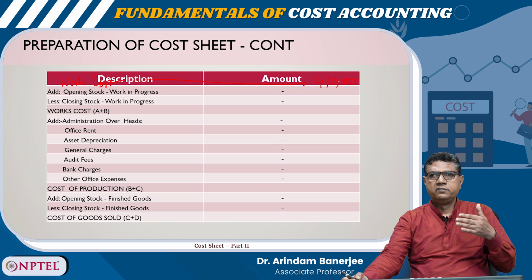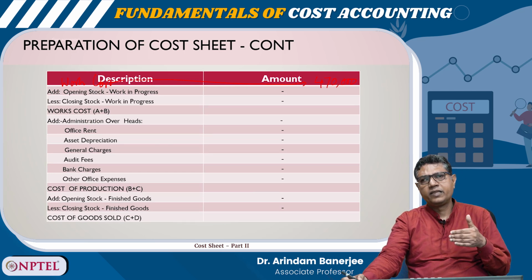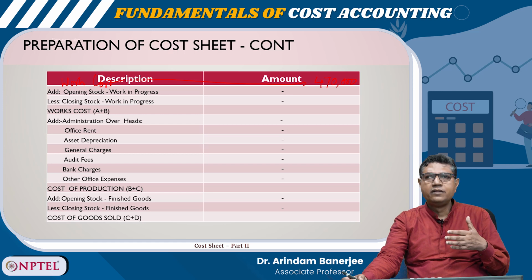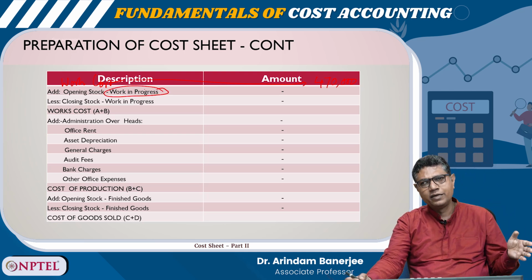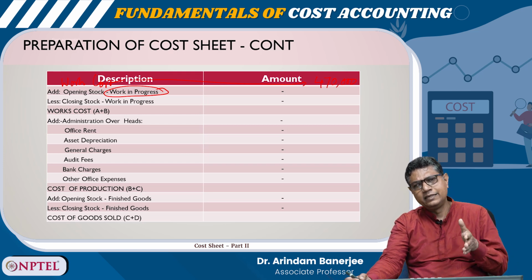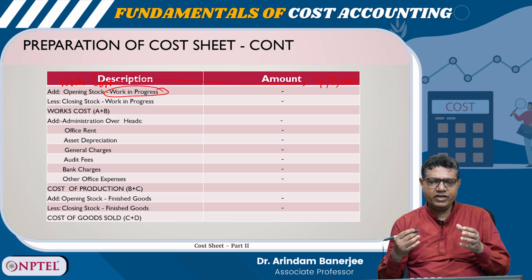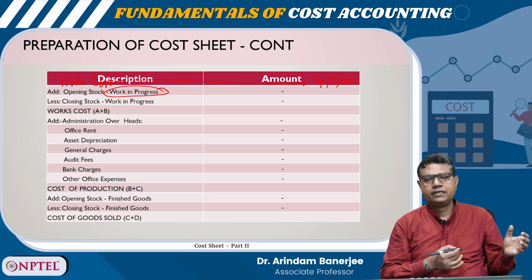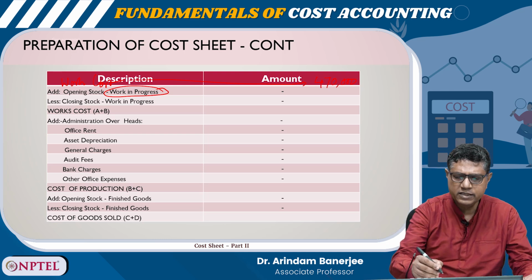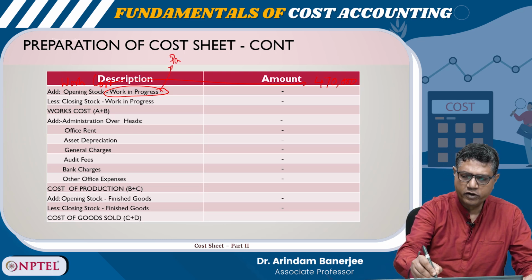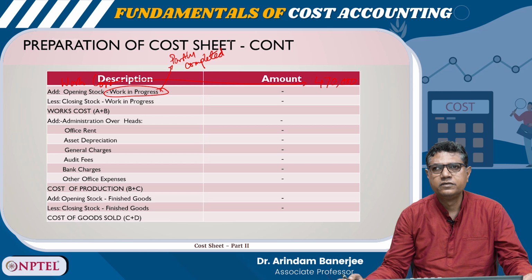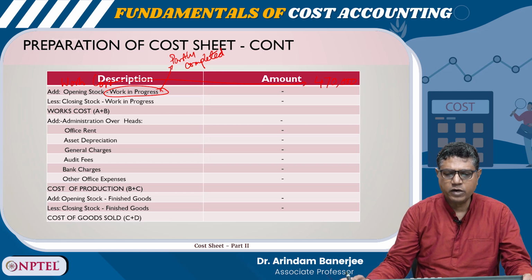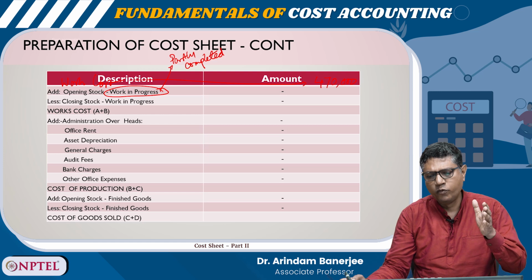Now you see, in the assembly, the final production line, there will be some units which are semi-finished, right? They are called work in progress. Work in progress means they are not yet in the raw material stage, nor is their production process entirely finished, they are partly completed. So partly completed, so we will add the opening stock,